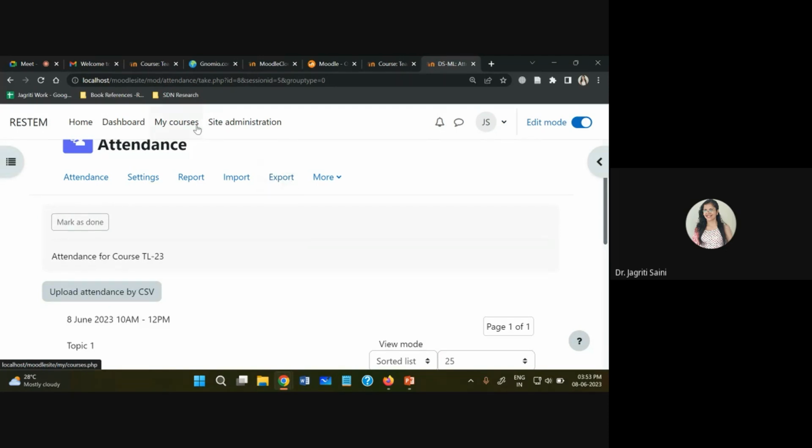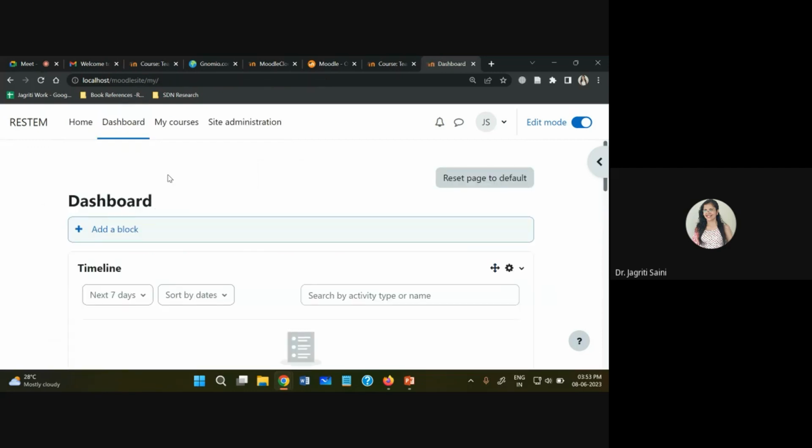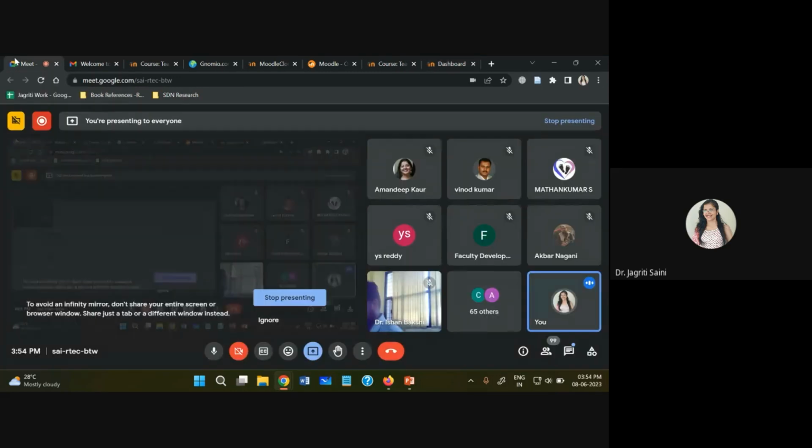So these are some of the essential details you will find on the Moodle website, and of course all of them are very useful for the teachers. Although we could not explore all the options and all the plugins, I hope you got some idea about how this can be useful for you to manage your entire session. Let me know if you have any queries or feedback for the session. I hope this is useful for all of you and you can somehow utilize it in your